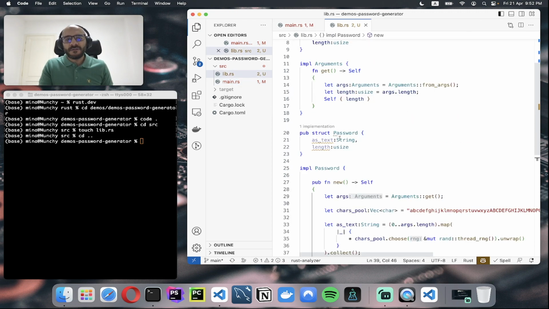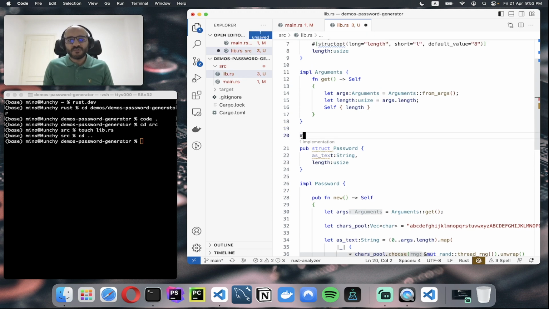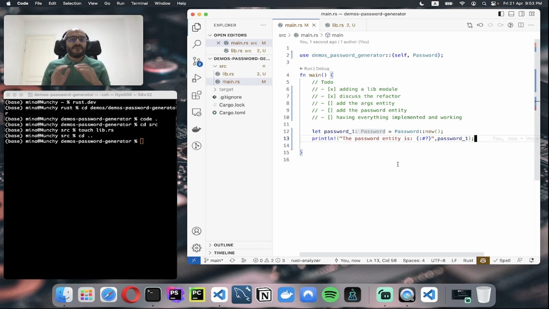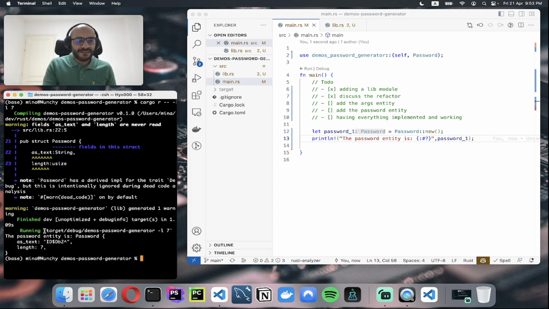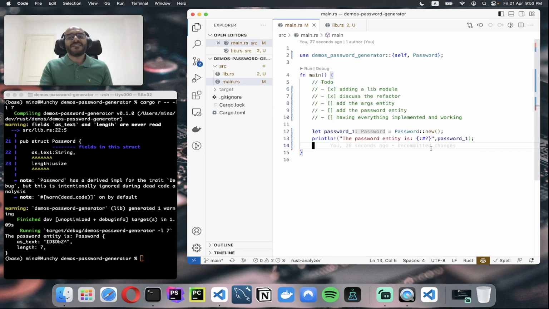Yeah, the debug attribute. So I will go to here and add the attribute derive debug, and this should solve the issue. And now if it's implemented correctly, everything should be working fine. So let me cargo run, and then separator, and then the shorthand for length, and I need like 7. Yeah, and as you can see, here you have as text the password that was generated, and length is 7 as well. So it's working fine, but instead of a password as a string, we now have an